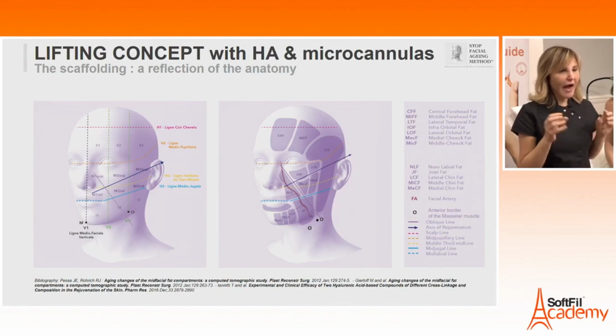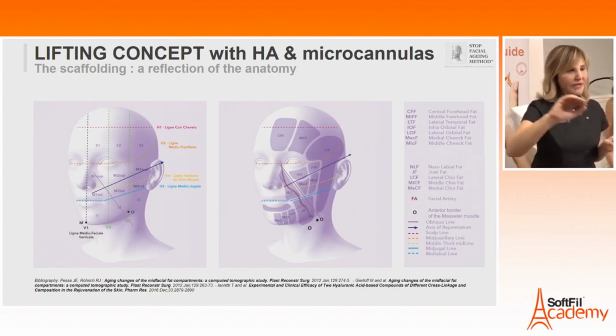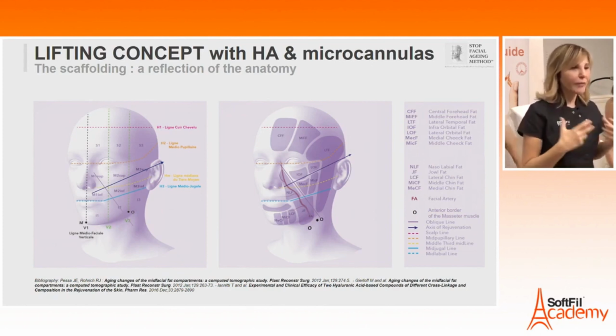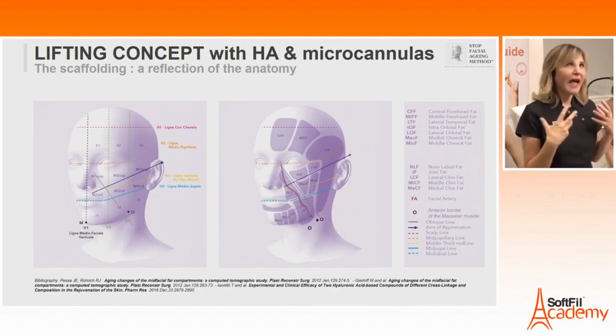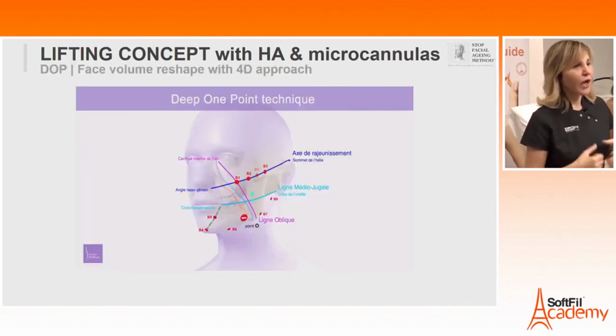And another very interesting axis, coming from the nasolabial fold, the nasolabial angle, to the tip of the helix. If you draw this line, you have a very beautiful rejuvenation axis, and it helps you to be a good artist. So now the next slide shows you